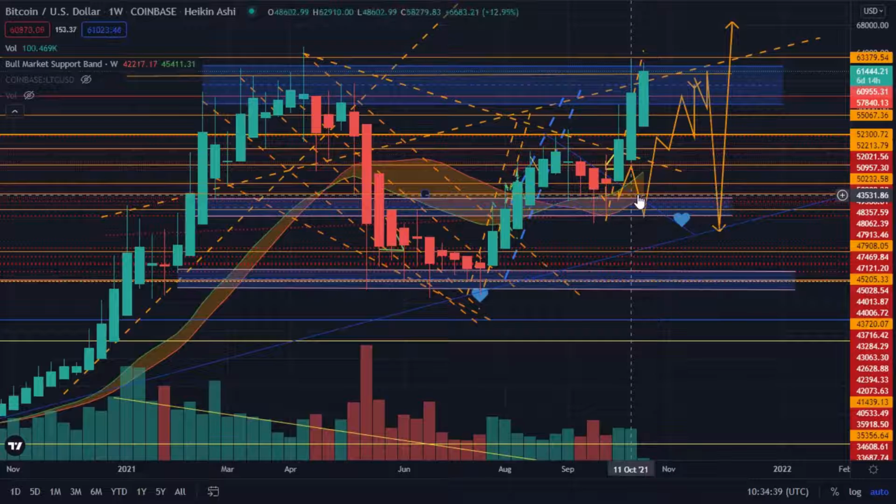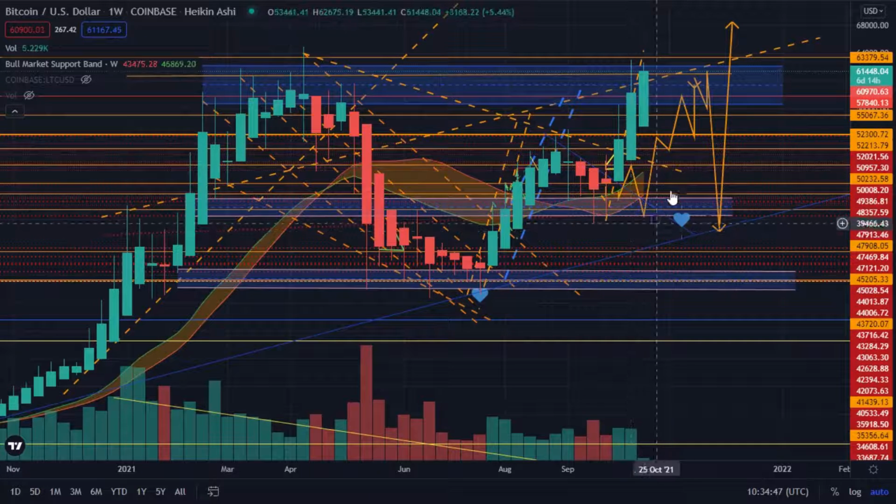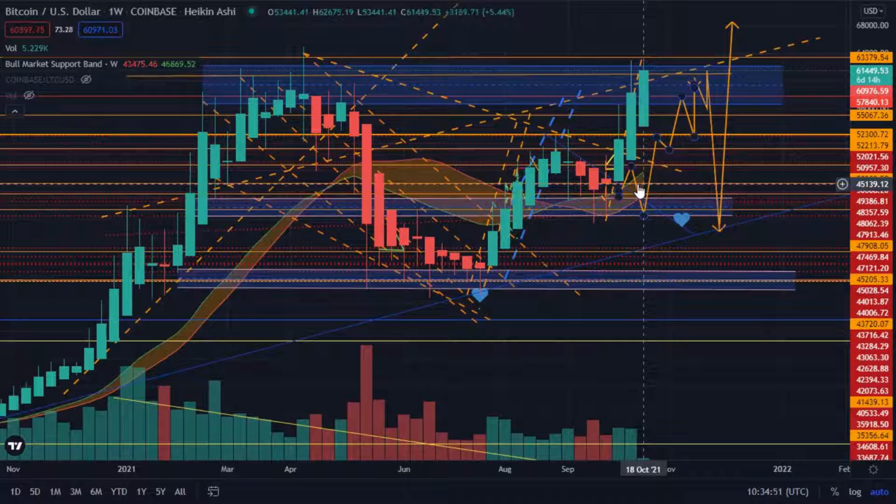In my opinion, I know these are in different places, I'm just going to call this the same area. Let's not worry about a couple of $1,000 here or there. Price can very likely come down to this area here, and that wouldn't surprise me at all. I won't be waiting for prices to come to any particular numbers. I'll be waiting for a pattern.